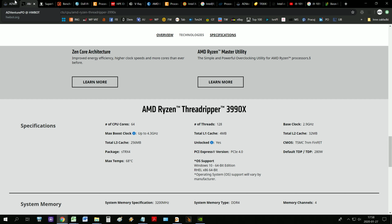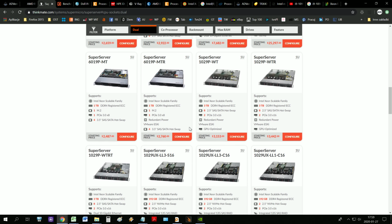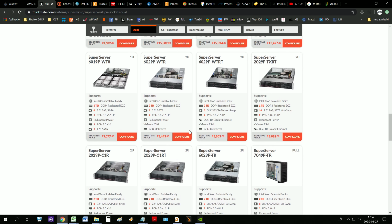So we will say that there is a huge change in the system. We are not paying $2,000 for multi CPU groups because we need Microsoft Windows Server. We are now using Windows 10. We are now able to overclock it. We are now able to put it in a standard case. This is a huge change because you have to understand that servers for many different CPUs really cost a lot,